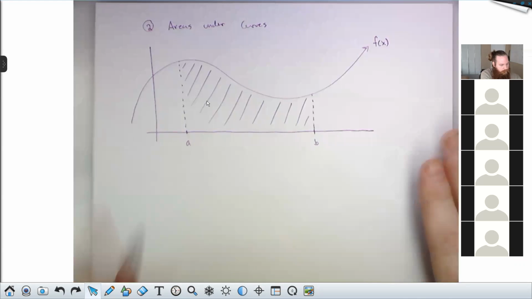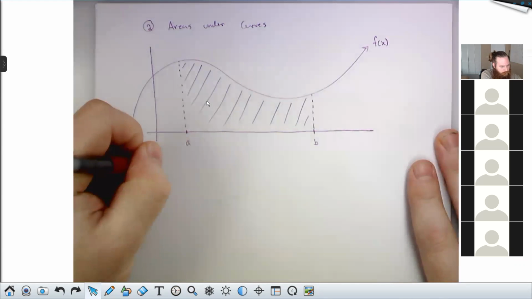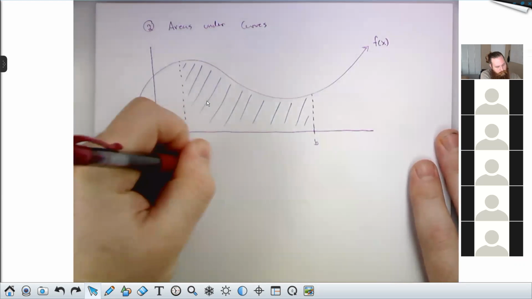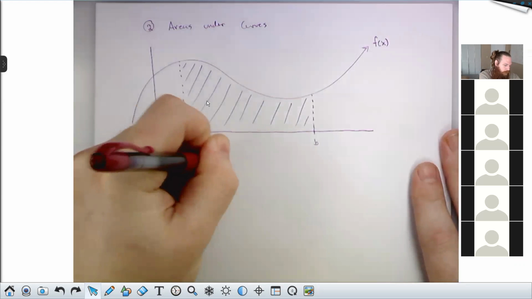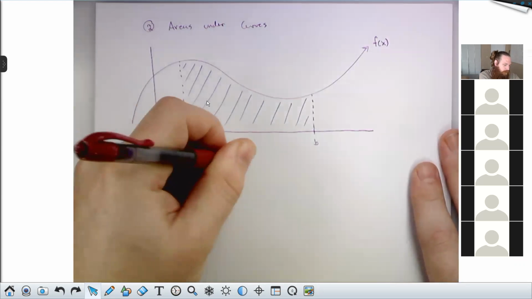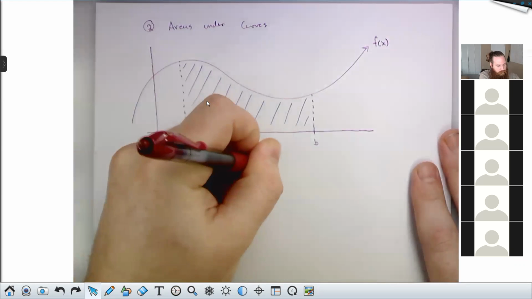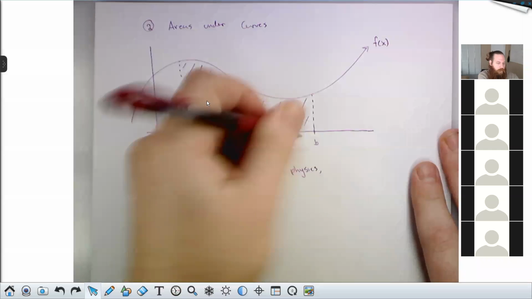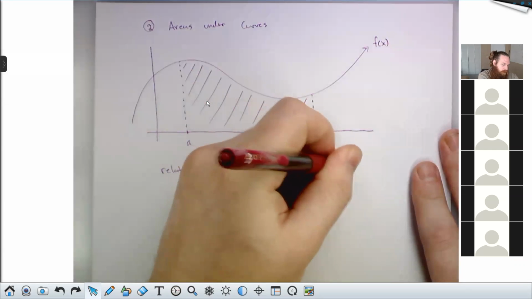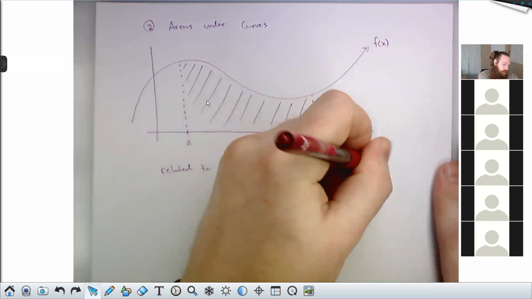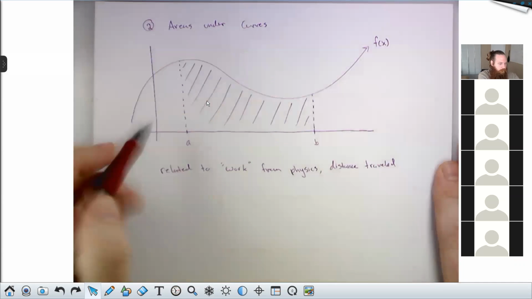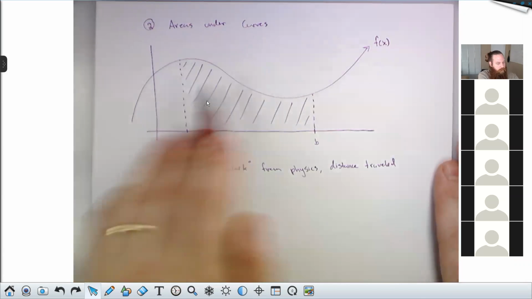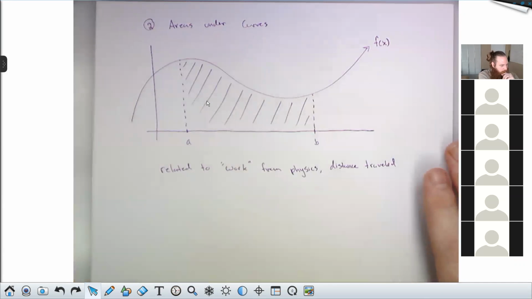This is related to the concept called work from physics, or distance traveled. If this is your velocity function, then the area under there is distance traveled.